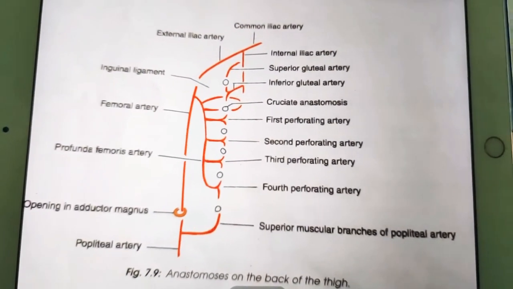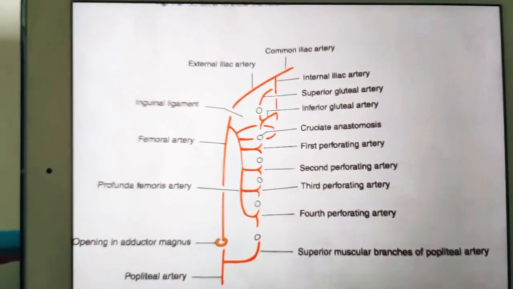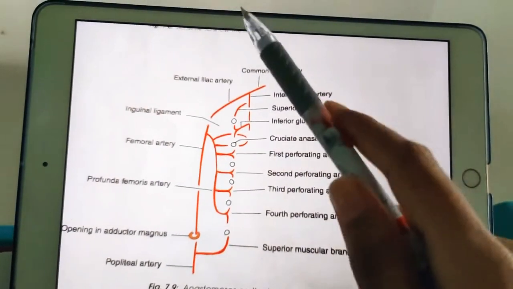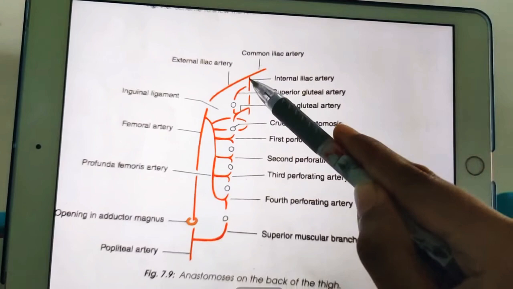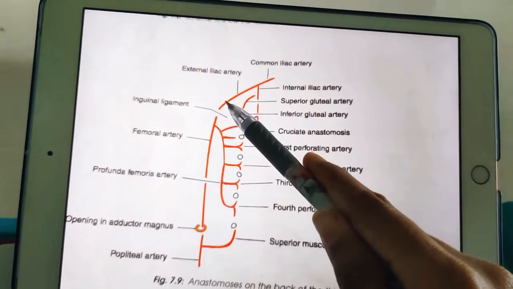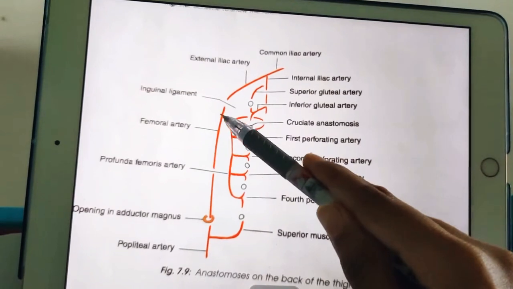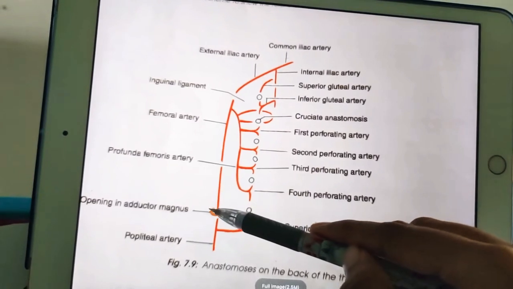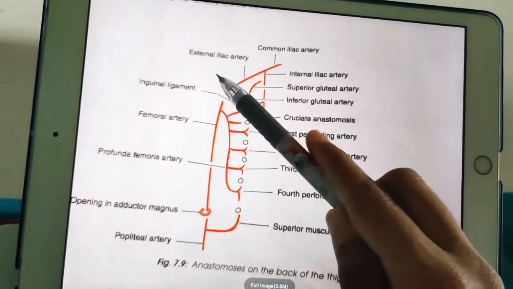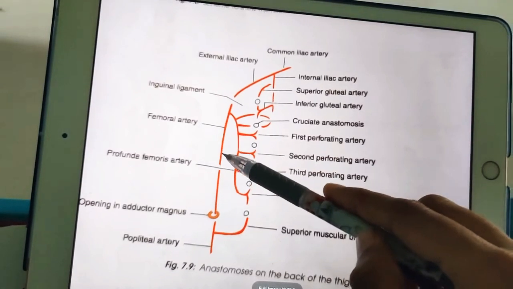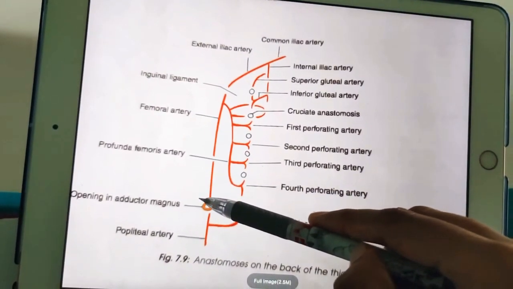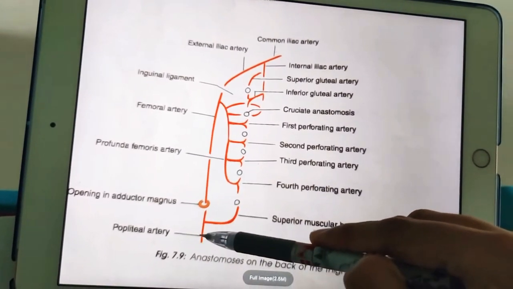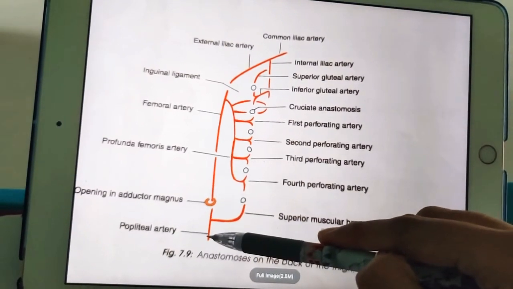So once again, let us try to understand this diagram from the beginning. So first come to this point, that is the common iliac artery. First the common iliac artery will divide into external iliac artery and internal iliac artery, okay. So the external iliac artery is continuous below the inguinal ligament as the femoral artery. The femoral artery is going downward and it is passing through the adductor magnus. Of course, you know, first the femoral artery passes through the femoral triangle, after that it passes into the adductor canal, after that it opens into the adductor hiatus or opening in adductor magnus, then it is called the popliteal artery in the posterior of knee, that is the popliteal fossa, right?